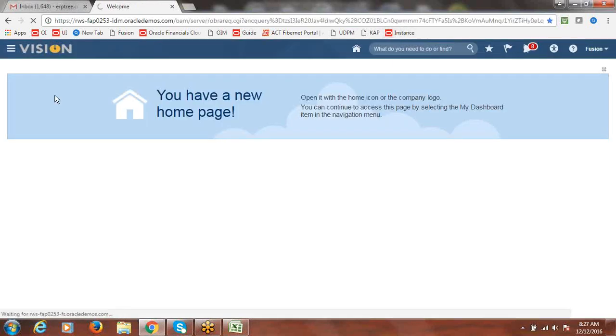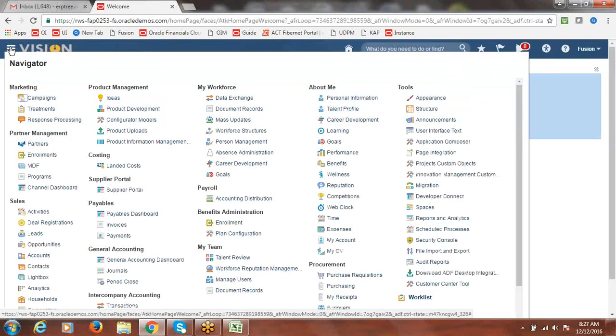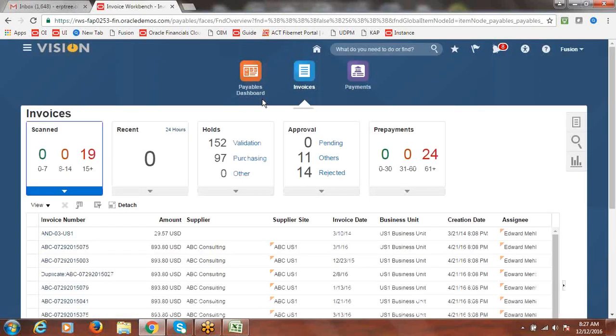I'm sorry, today's system is a bit slow, it's not responding. Let me refresh this link. Go to navigator, go to invoices, and go to this task panel.